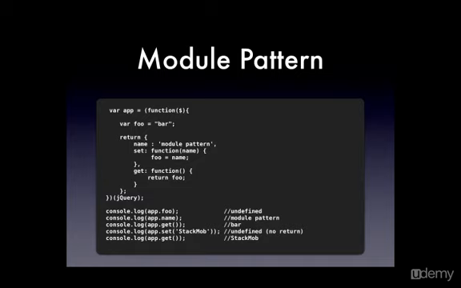And as you can see down at the bottom, we have console.log, and we're outputting what the value of foo is. Since it's a private variable, it's undefined, but I can actually go in and get the value of the name that's set in the return. I can also use my getter to get the value of foo, and I can also set a new value for the variable foo, and then if I do app.get and call that method again, I get the new value, stack mob. So that's the module pattern, and you may see that in some of these Backbone applications as well,